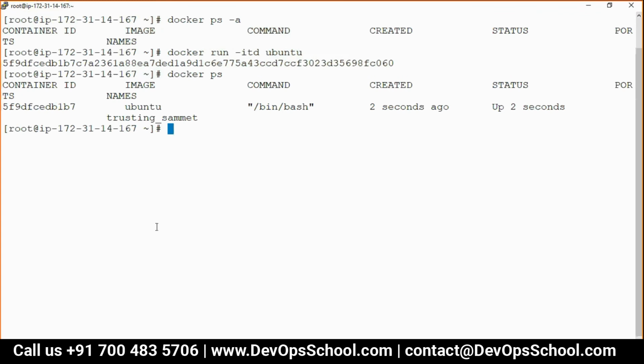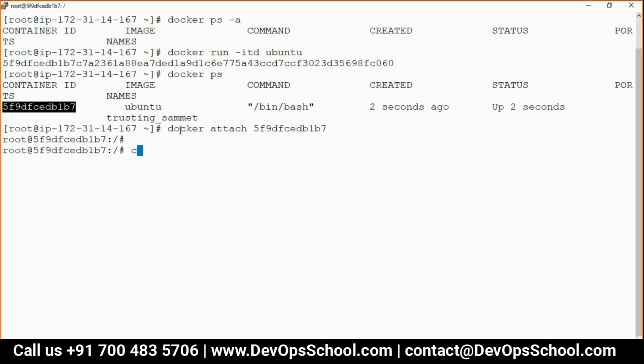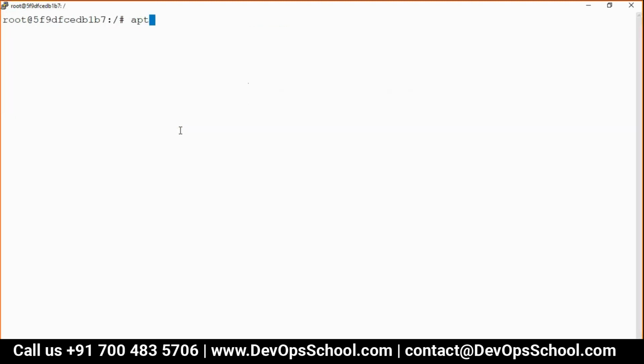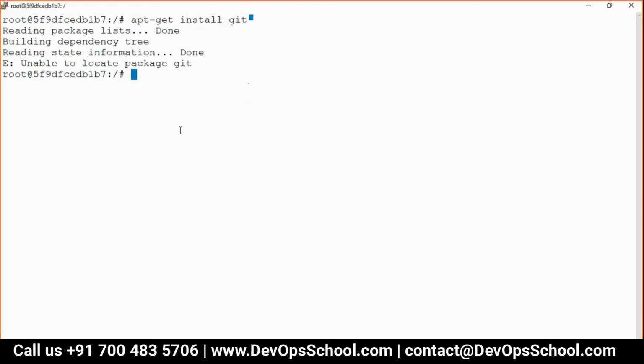Now my boss said Git should be there. Now all the commands you run, you have to use it. apt-get install git. Package is not there. What do we do?